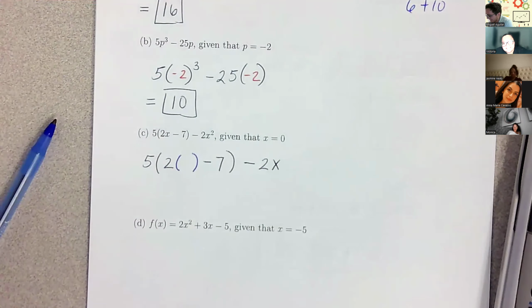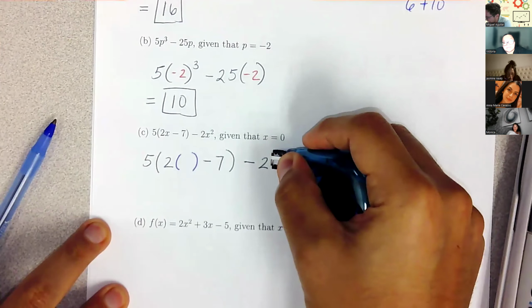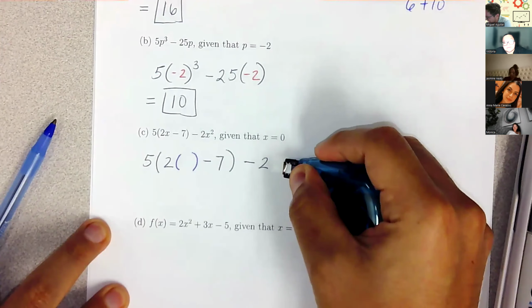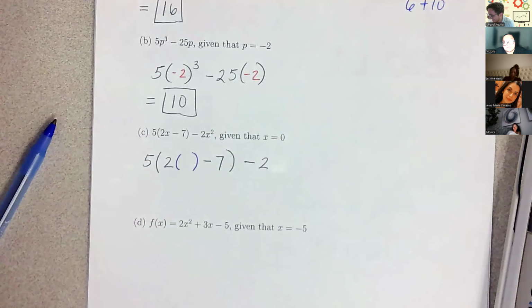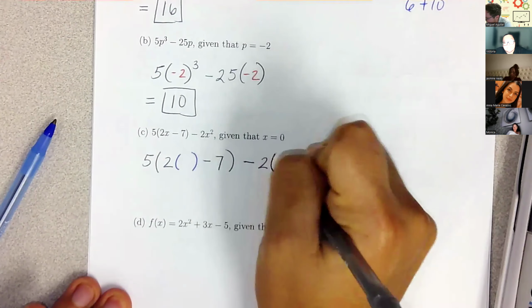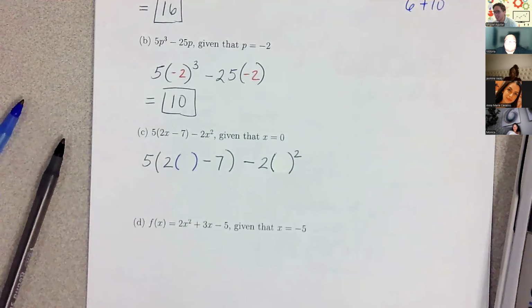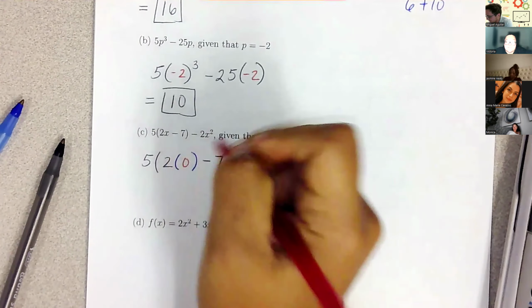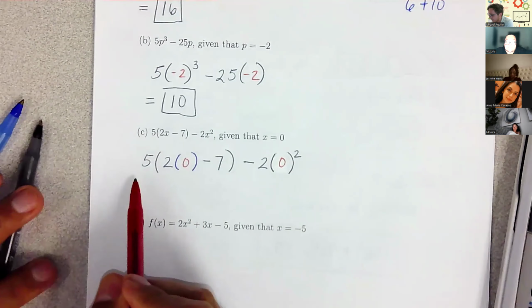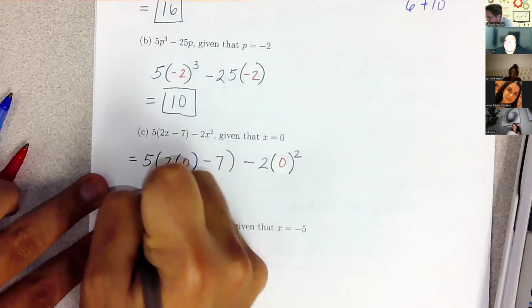I can't talk and write at the same time, clearly. Definitely don't use pen unless you got some whiteout on you. There we go. That was -2x to the second power, right? Okay, so what are we plugging in for x? 0. Okay. Now, even though this looks complicated, and you might try to solve this on your own